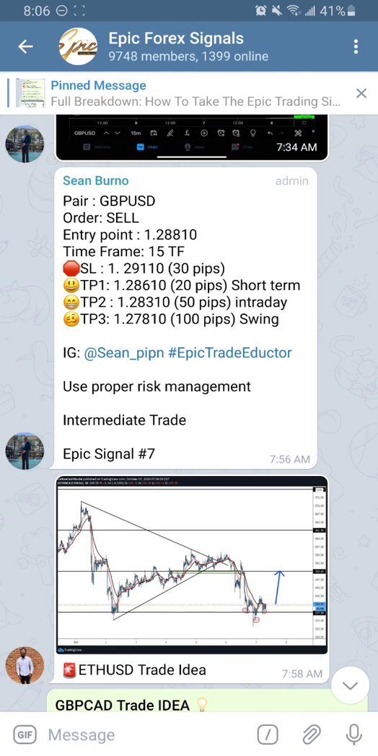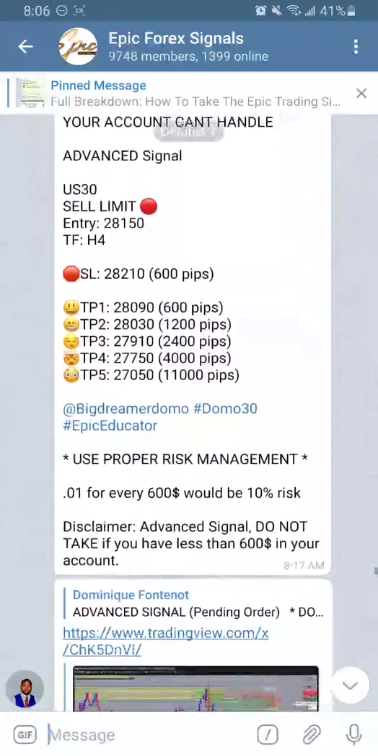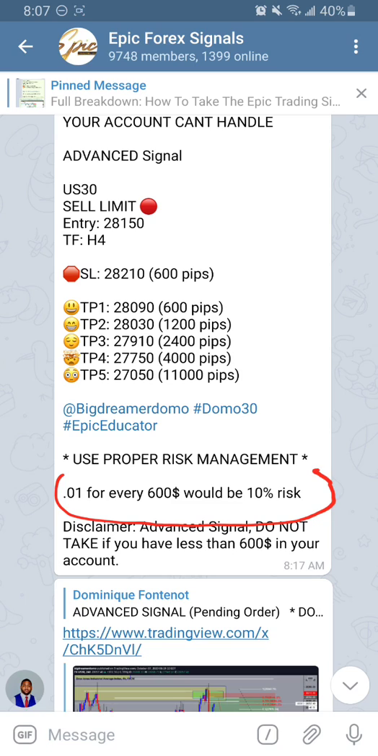In these signals, you're also going to have proper risk management. It's going to say use proper risk management. They might even recommend the lot size. So for this advanced signal, it will say 0.01 for every $600 would be 10% risk. So if you had $1,200 and you used a 0.01 lot size, then you would be risking 5% risk. But that's all completely up to you